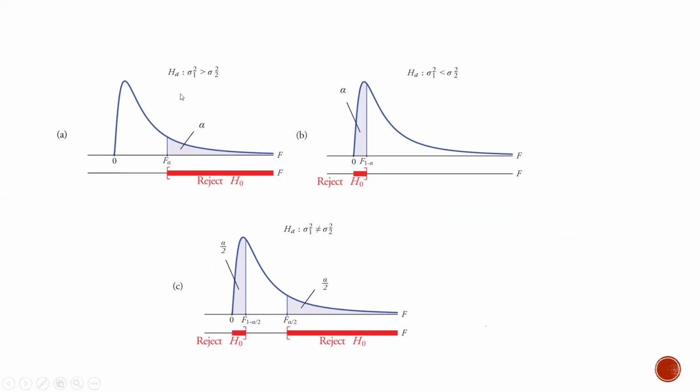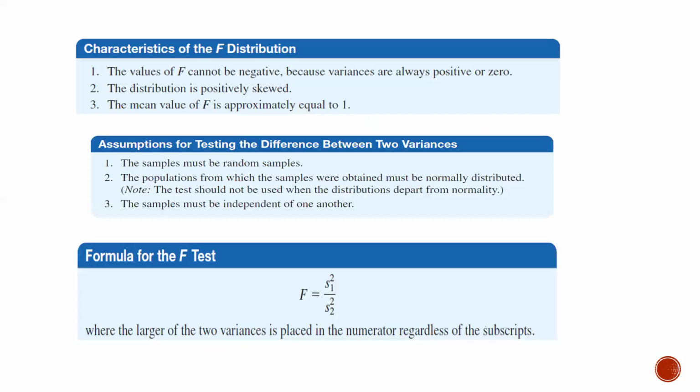This again represents how you will check the hypothesis. So if you say that the variance of F1 is greater than F2, this will be a one-tail hypothesis and this will be the critical region, and if the value falls in this region, you will reject the null hypothesis. And this graph shows the two-tail test. So there will be a critical region on the right and left side both. And you will state that variances are equal, or in the alternative hypothesis, you will state that the variances are not equal.